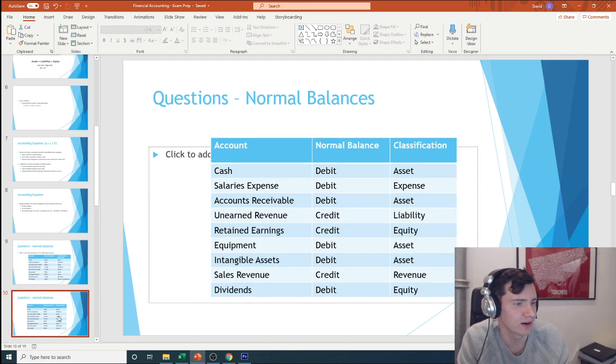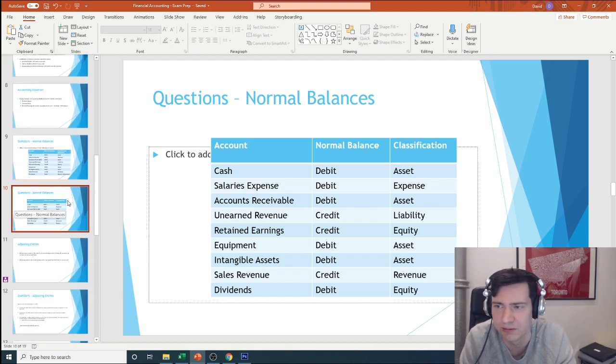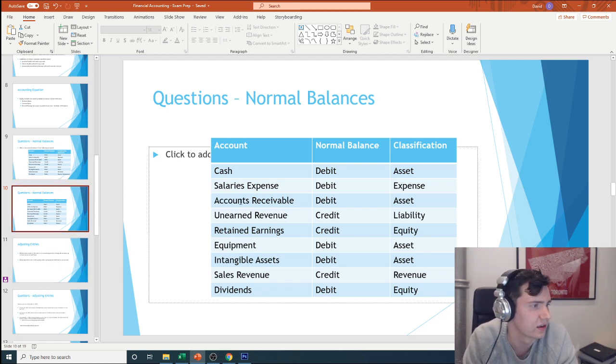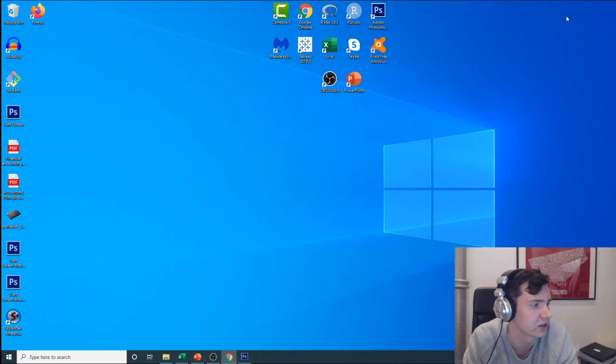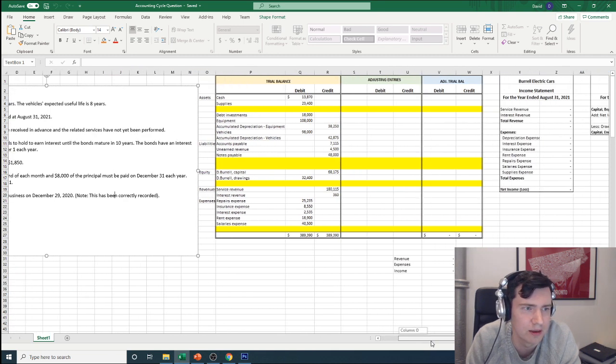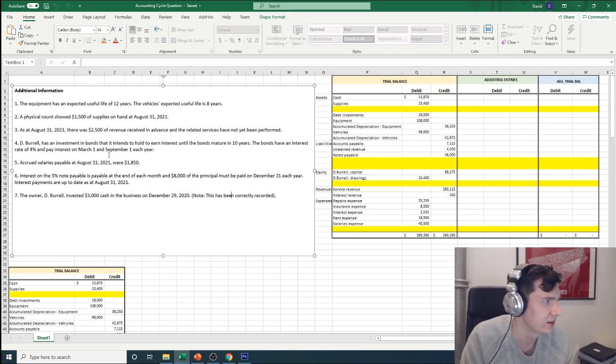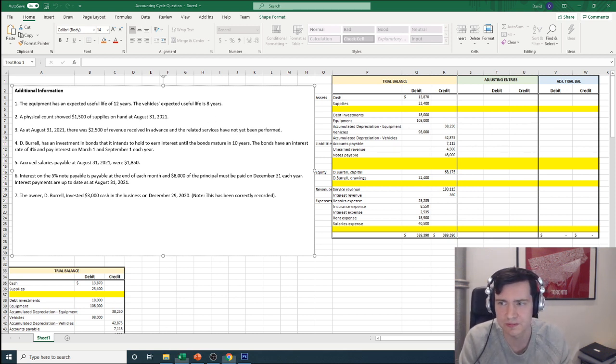Okay, so I just had the extra slide of all the answers, but we just covered that, so that's fine. I want to pop into Excel because I've got this problem, and I think it's going to be a really good problem for all of you. This is going to be a big component on many people's final exams because adjusting entries are fun, and teachers love throwing them on an exam. So let's go through these.